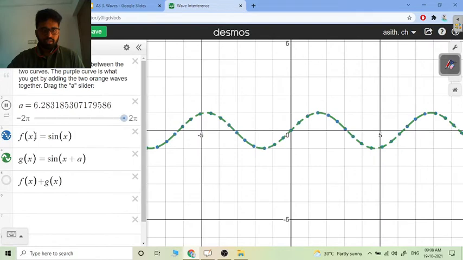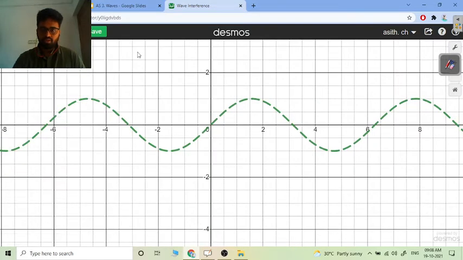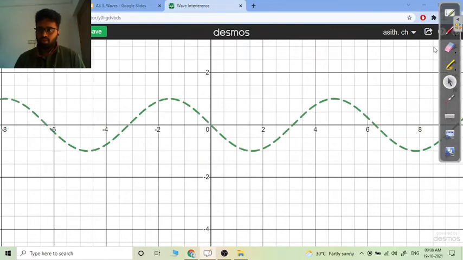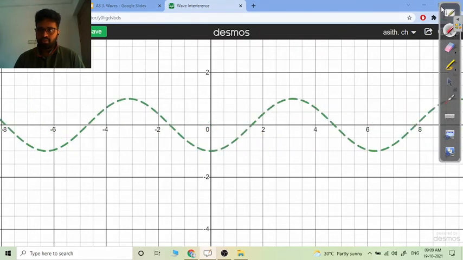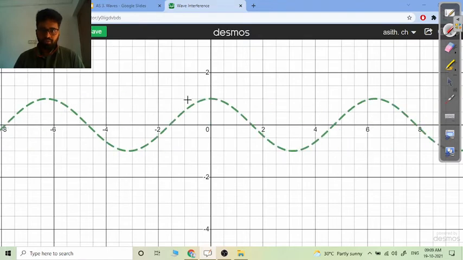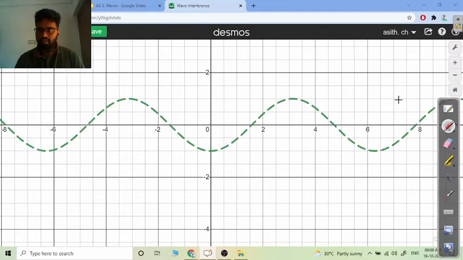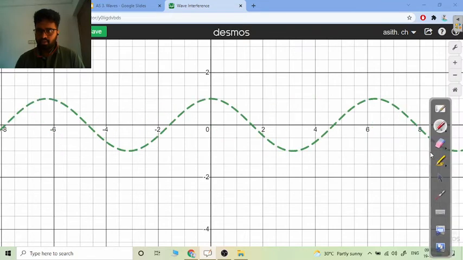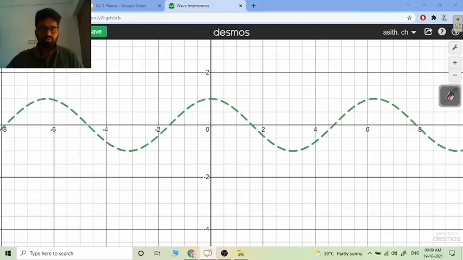Today's topic is stationary waves, but before going into stationary waves, I want to discuss superposition and wave interference. Okay, so if you have a wave, here you can see a wave which can be represented by a green line, and this wave is traveling. So when this wave is traveling,